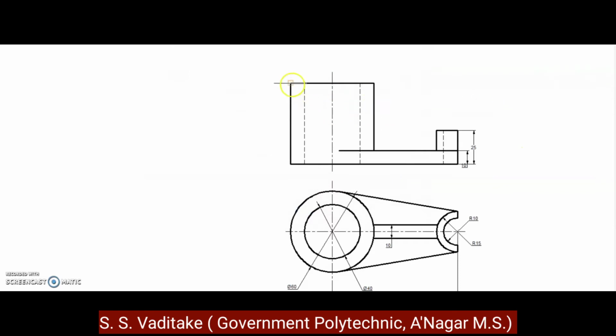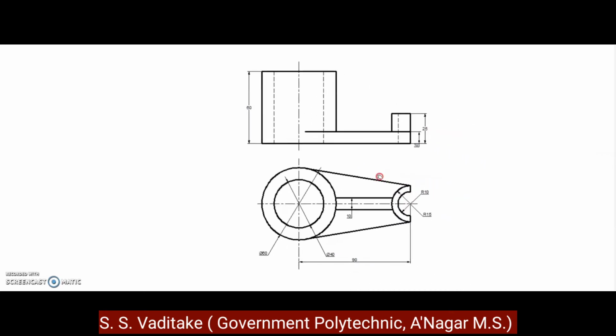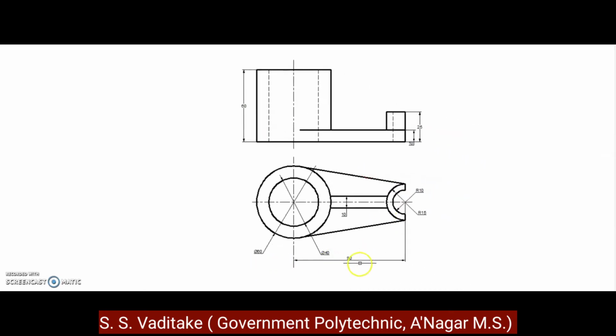So overall height is here, 60 millimeter. So three basic dimensions are clear: length 120, height 60, and width 60. Now we have to draw the right hand side view